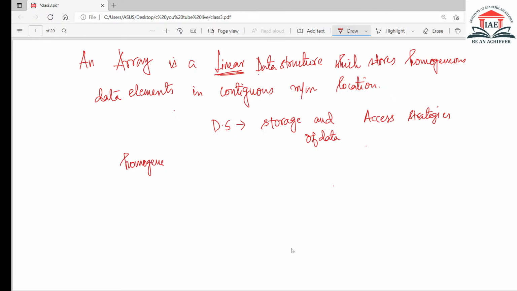It stores homogeneous data elements, that means the same type of element. If this is integer data, then you are using integer. If this is a float, you cannot store integer and float in a single array. That's why this is called homogeneous data elements. And in contiguous memory locations,